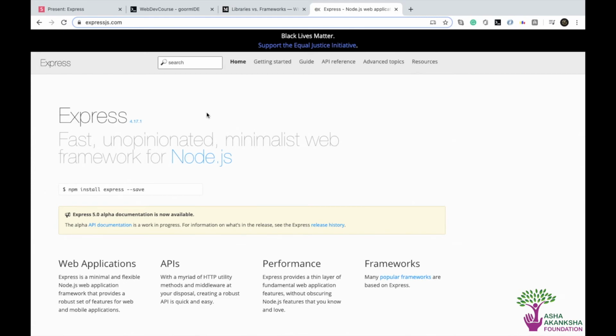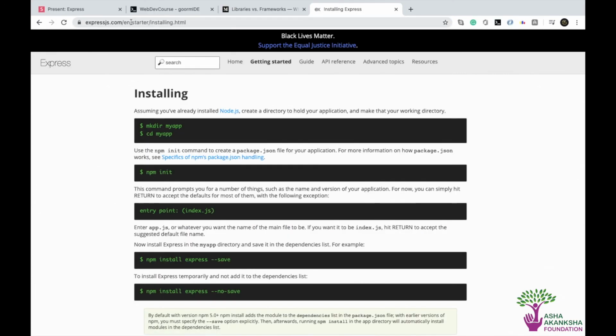And it will help you, you know, you'll have to make routes, right? So if the URL is the home page, then you need to give the home page. If I'm pressing on getting started here, I get /en/starter/installing.html, right?